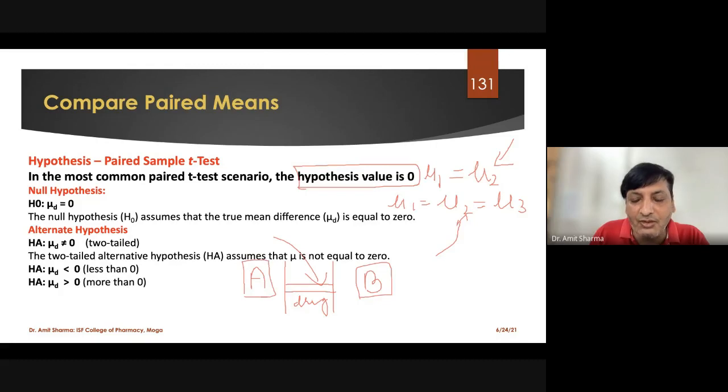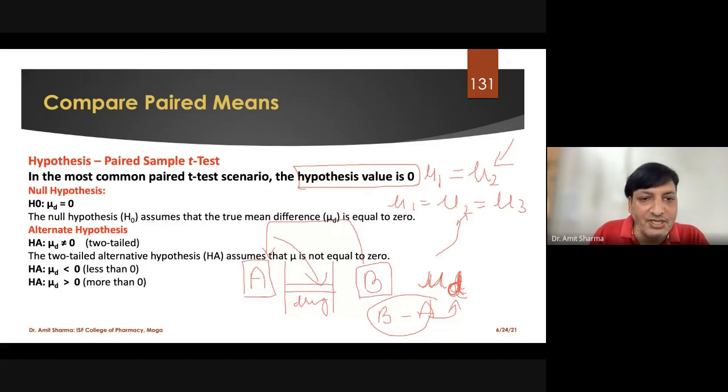Clear? So what you're trying to evaluate exactly is whether there is any difference between A and B, or whether the readings you have obtained in A are the same in case of B. So we are looking for mu D, that is the mean difference. So mu will be called a mean, and D here is designated as a difference, for example, you can say that B minus A will be considered as this particular D.